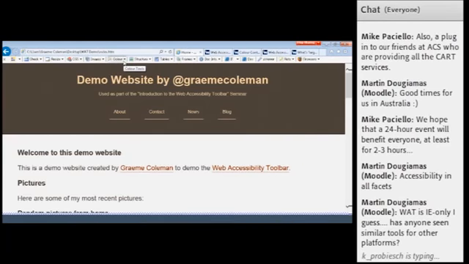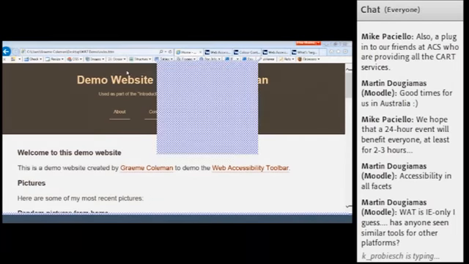If you want to read more about the web accessibility toolbar, we've provided a blog post within the PASIL Group's blog site, which is blog.pasilgroup.com. So that gives a little bit more context as to what the web accessibility toolbar does and some of the new features that are in there.